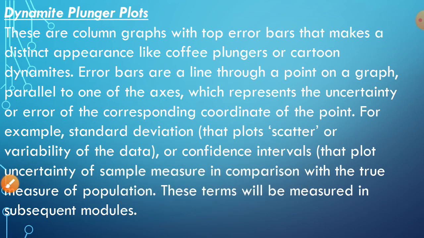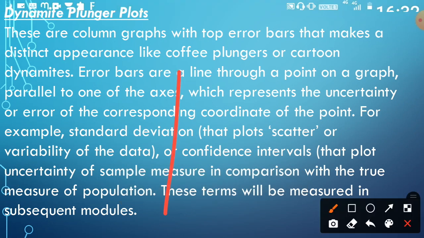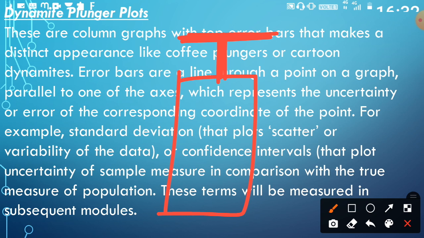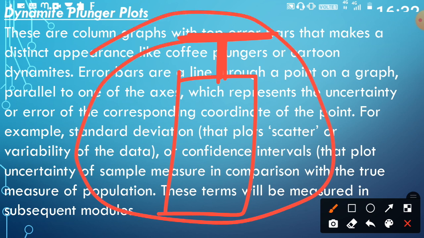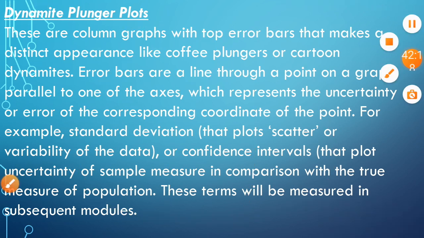Sorry for the disturbance. Yeah, so this is actually your dynamite plunger plot. You might have seen typically in Tom and Jerry that whenever Tom presses this, he just has to press this and there will be an explosion, right? When he presses this, there will be an explosion. So this is what your dynamite plunger plot is. You might have seen it in cartoons. Currently I don't have the mouse. I should have the mouse, right?